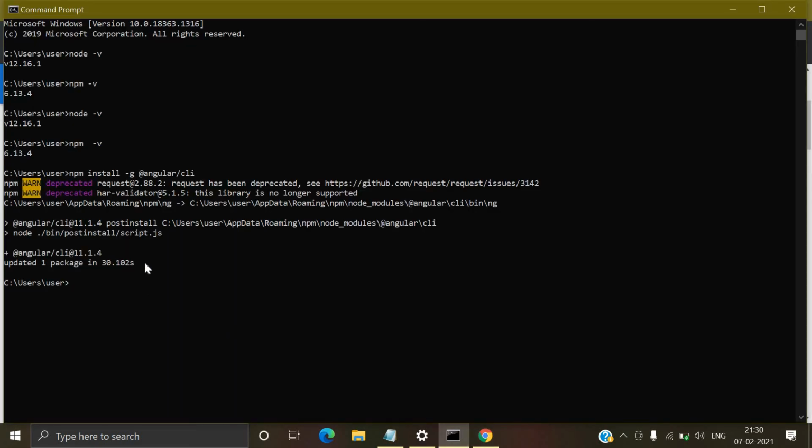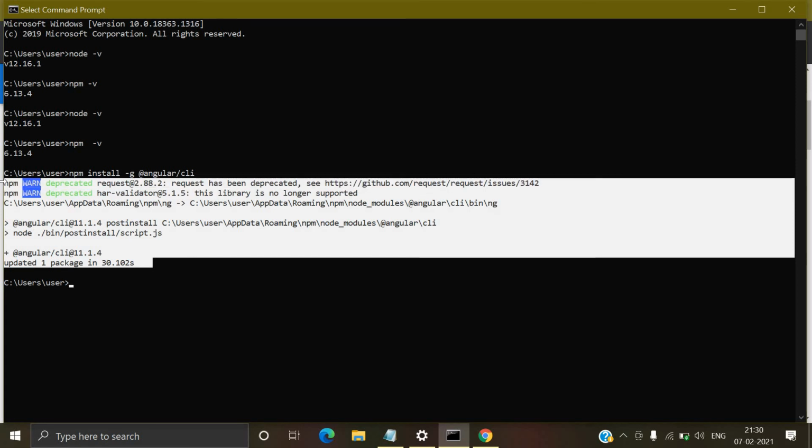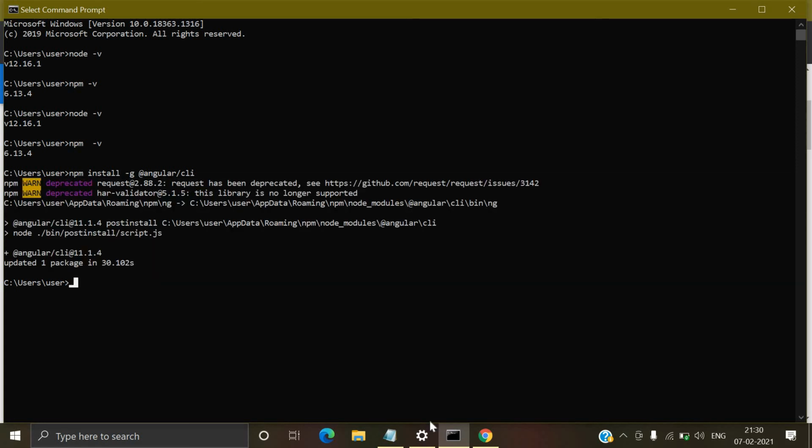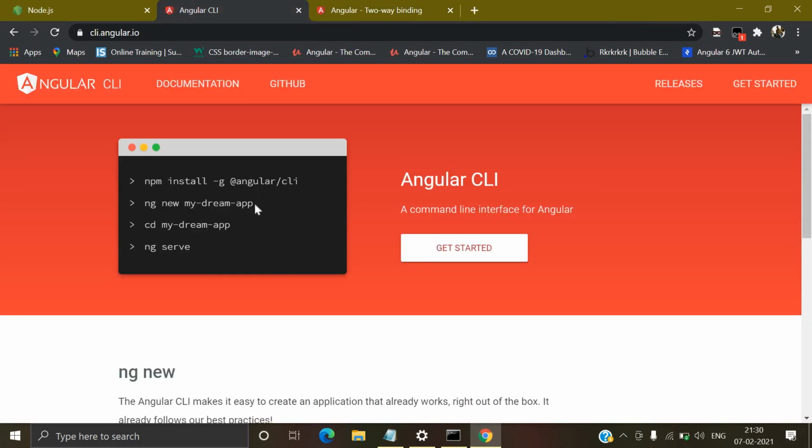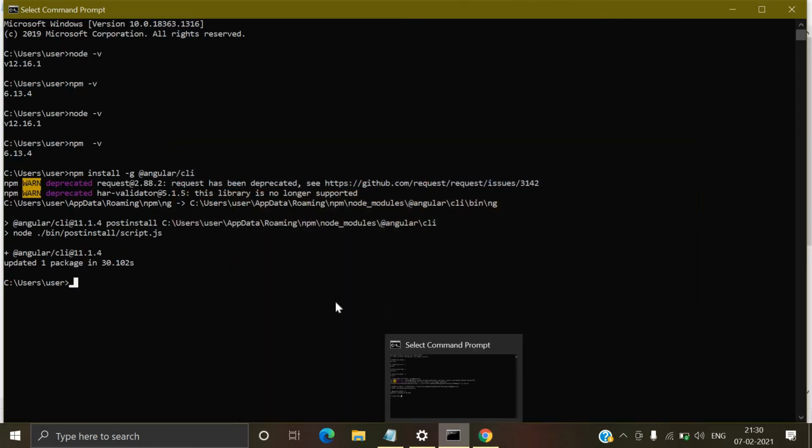Here you can see I have successfully installed Angular CLI, and let's move on to how to create an Angular project. Angular provides a command, ng new, which is used to create a new project: ng new and the project name. You can write something like ng new demo-project. I will install it, and it takes some time.